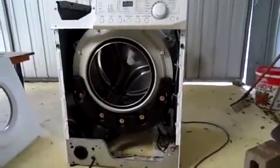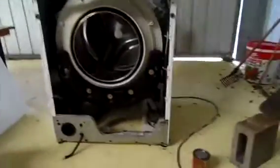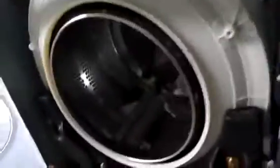Well, I've learnt the hard way that in order to get the front counterweight on the drum, you do have to take the front off the machine. But it's actually fairly simple to get it off on these models anyway. There's 2 clips up the top here and a bunch of screws down the bottom. You take all those out and you can just drop it down and pull it off. So it's not too much work. But yeah, there's a look at the